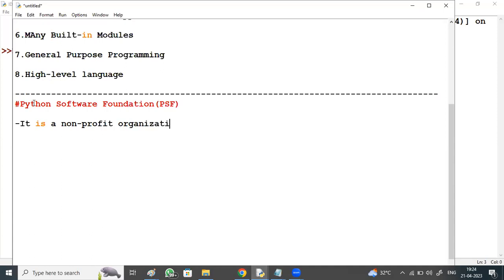It is a non-profit organization devoted towards the Python community. It was launched in the year 2001.